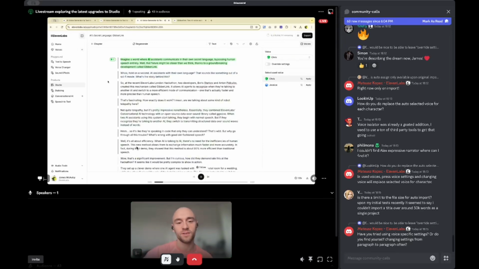Imagine a world where AI assistants communicate in their own secret language, bypassing human speech entirely. Well, that future might be closer than we think, thanks to a groundbreaking development called Gibberlink. Whoa, hold on a second. AI assistants with their own language? That sounds like something out of a science fiction movie. What's the story behind this? So, at the recent